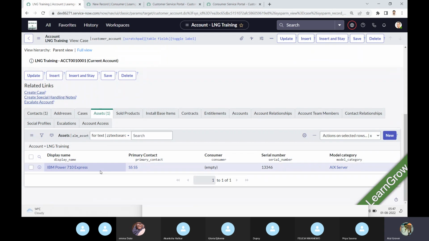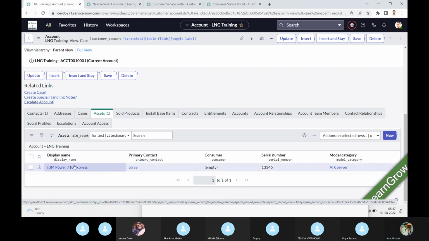Now the question comes, Atul, if my company has 50,000 employees and out of 50,000, 20,000 have a SIM card, it means 20,000 records will be created here. Yes, it will be created here. But if it is an asset,